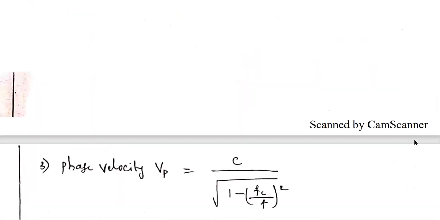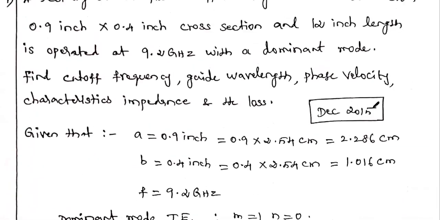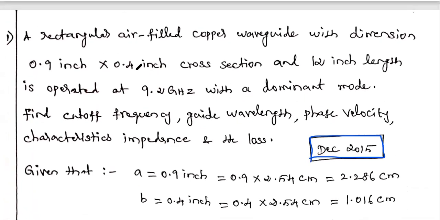Similarly, the next one, we are going to discuss one more problem. Okay, so it's a December 2015 question, a 16 mark problem. Okay, you see, in this problem there is one change. Up to this, we solved different problems in which the dimension of a rectangular waveguide is given in centimeter. But here you see the dimension is given in inch. So if you directly substitute inch, you can get the wrong answer. So first we have to convert our a value, b value and length value from inch to meter. You just convert. That is the most important thing.